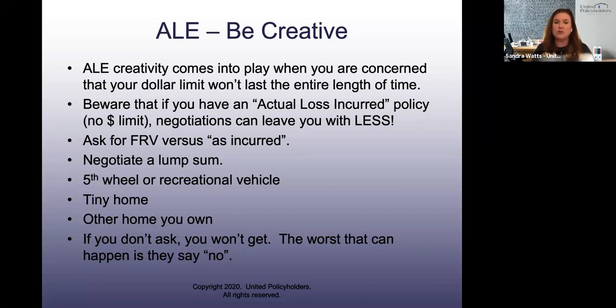The same goes with family and friends. I think that it's unreasonable for the insurance company, this is just my opinion, to benefit from the goodwill of your family and friends, which I'm going to tell you at a certain point will run out. I'm sure you have very patient family, but